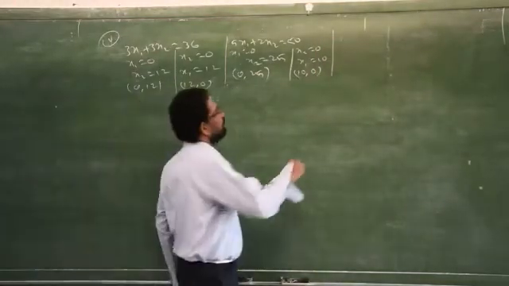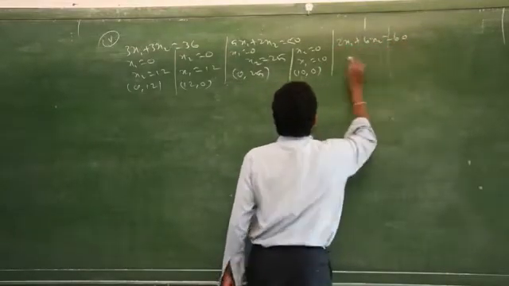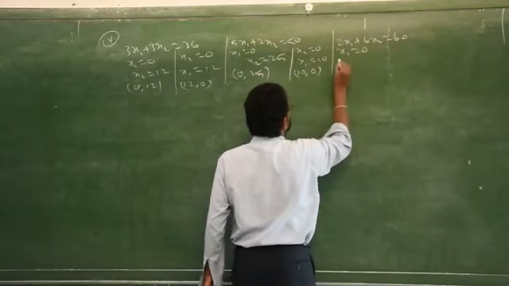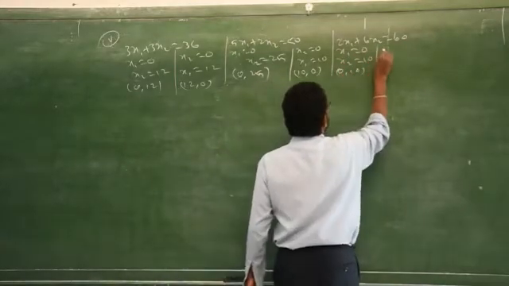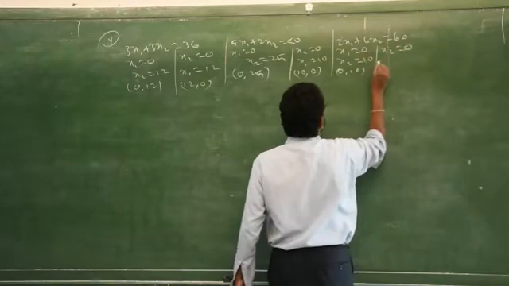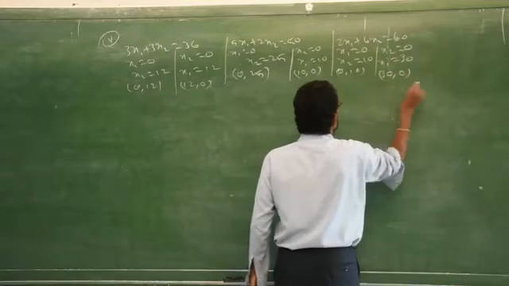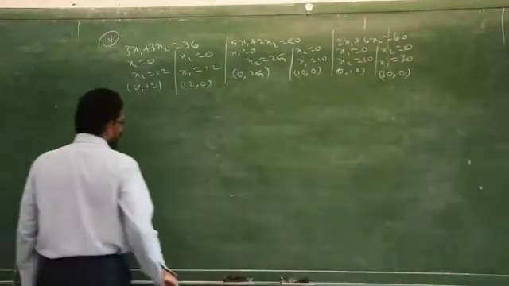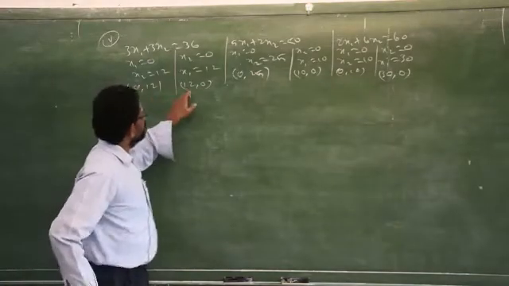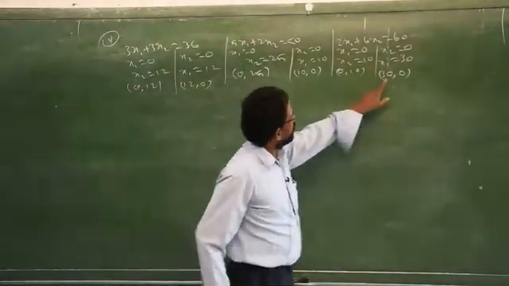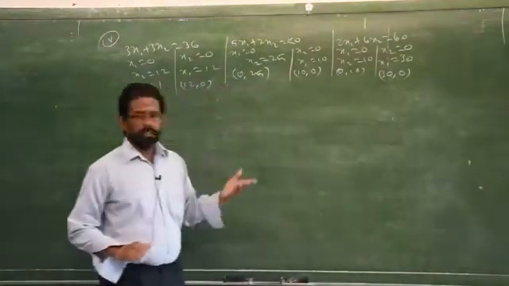Now take the third equation, that is 2x1 plus 6x2 is equal to 60. Replace x1 equal to 0. Therefore, you will get x2 is equal to 10. So (0, 10). Then x2 is replaced by 0. You will get x1 as 30. So (30, 0). Now to plot the graph, as I told you already, refer to the x-axis values: 12, 10, and 30. Clear? So 30 is the highest value.